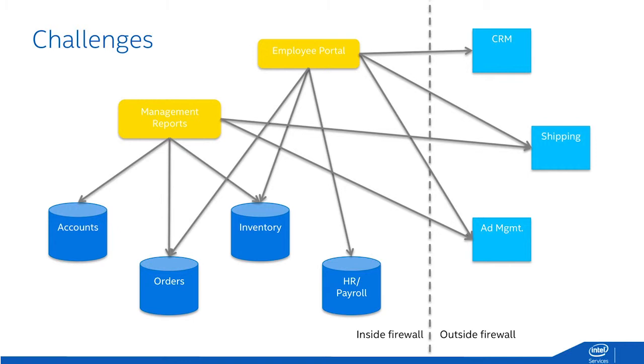All right. So let's look at some of the challenges commonly encountered by enterprise companies when they build an internal API. In many cases, there are already a number of systems deployed across the enterprise. Each system typically supports a specific functional area, such as the accounting system, order processing, inventory tracking and management, and so on. These are often legacy systems with their own unique storage mechanisms, access protocols, user interfaces, and whatnot.